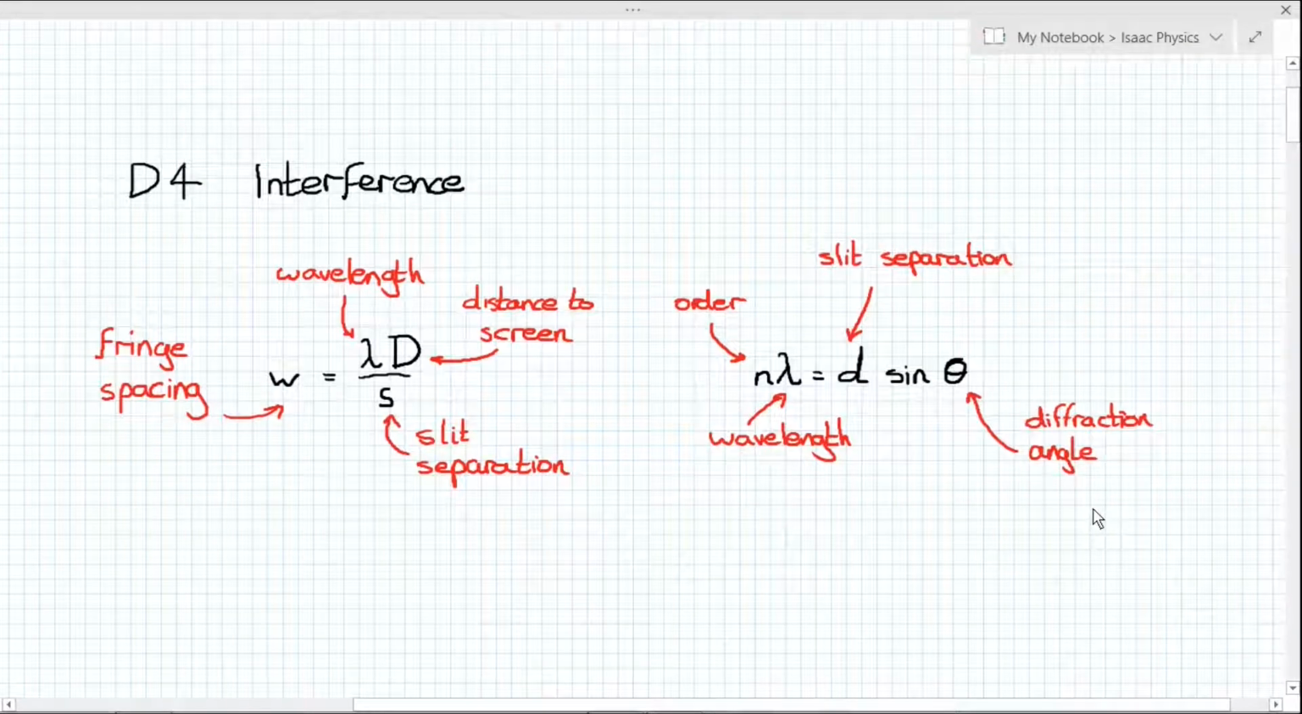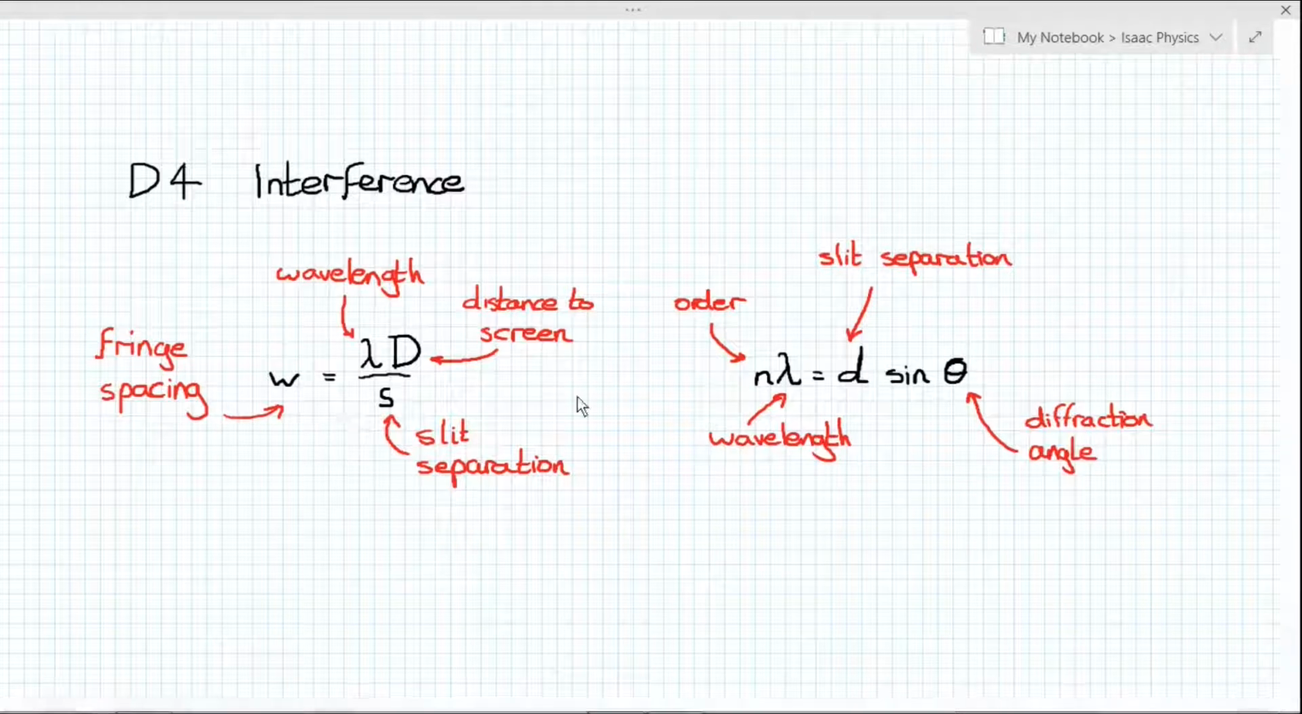Interference. On the subject of interference we have two equations. The first equation is for when we have two slits, called Young's slits. The second equation is for diffraction gratings. The first equation on the left, you see we have the fringe spacing, that's the distance between two bright fringes